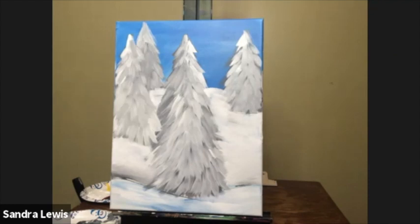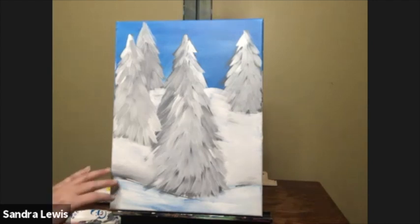I love using my fingers when I'm painting. You can get a lot more control with your fingers when you're painting, and you can get some really, really cool texture when you're using your fingers and you're blending a color like this black in with your white. Okay, so like I said, now's a good time for you to pause and get to this point with me,